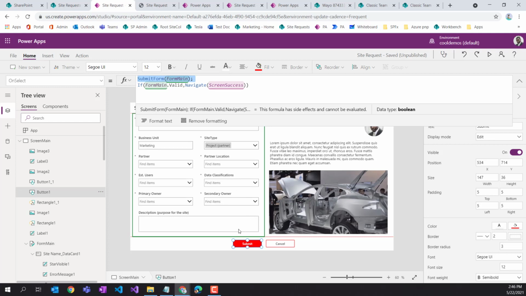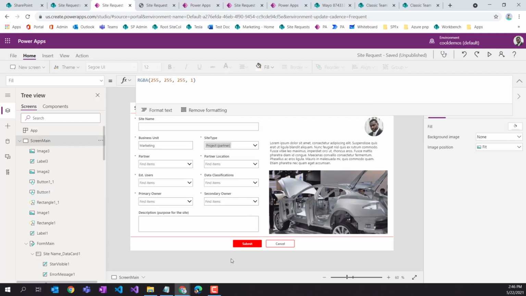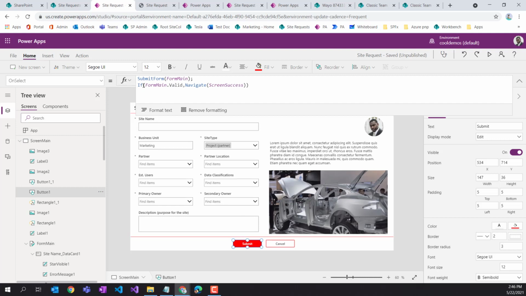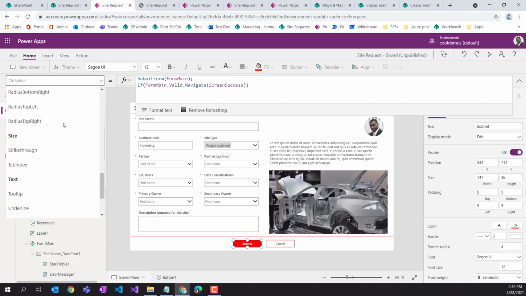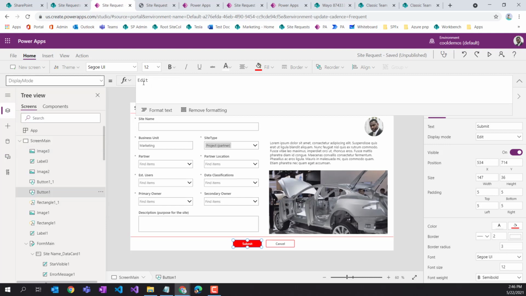And to be fair, what Microsoft does from a UI pattern, they actually have these buttons disabled by default, and they will use form.valid to only enable them once everything is completed. So we can actually do that as well. So I have this validation check that says I'm only going to navigate if this is valid. The other thing I want to do is look at my display mode for my button, and then put another visual check in here that says if,